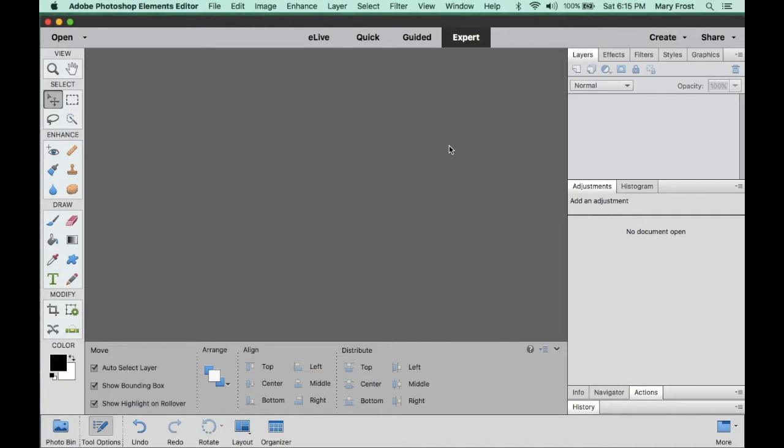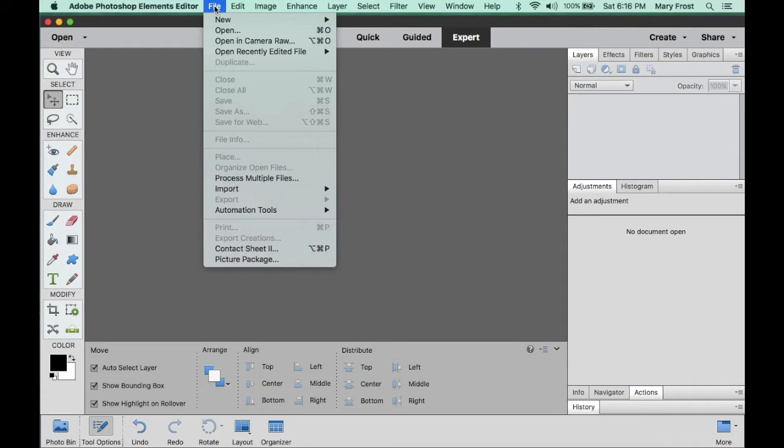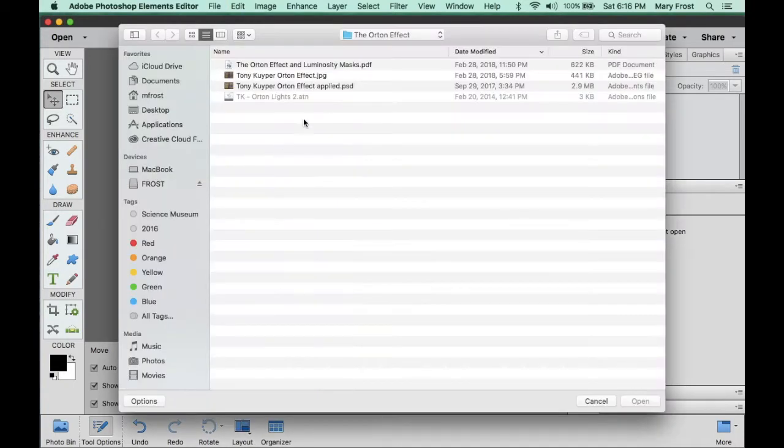I'm going to show you the process you would do if you were following Elements, especially if you were below Elements 15. But my preference really is to use this method even if you're using Photoshop CC. I think it gives you more flexibility not to group the layers at the end. It just changes the directions a little, and I have a tutorial that goes over all the steps that I'm showing in this video. So I'm going to begin going up to the section that is on the Orton Effect, and